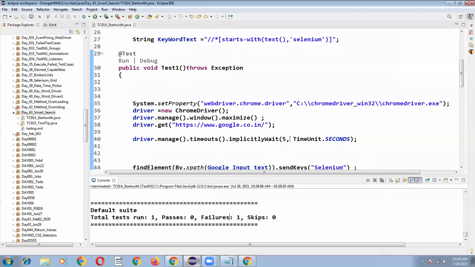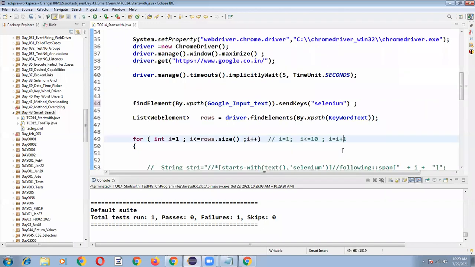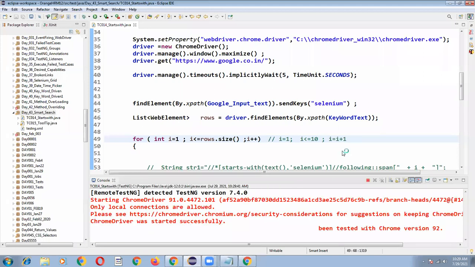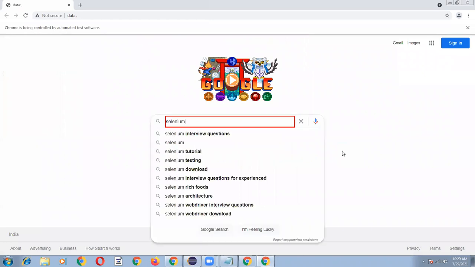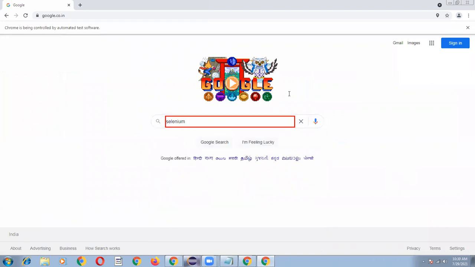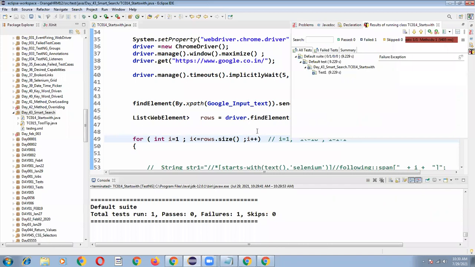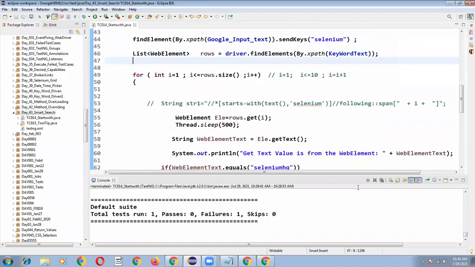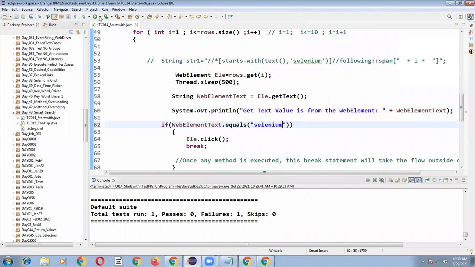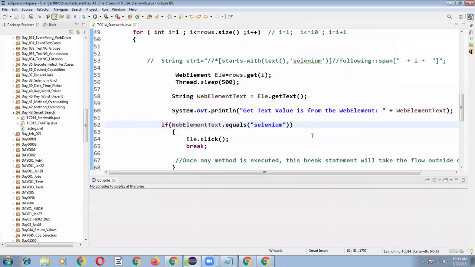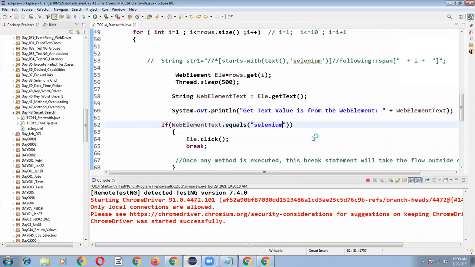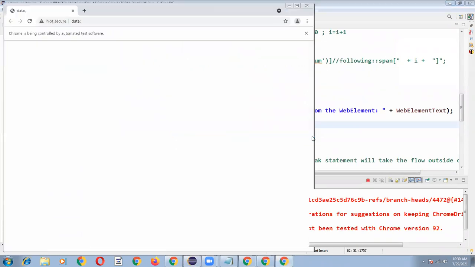So in the Google text box, I'm typing the value Selenium. There is no Selenium HQ coming. Okay, what I will do is click on Selenium directly. See, it clicked directly on Selenium.